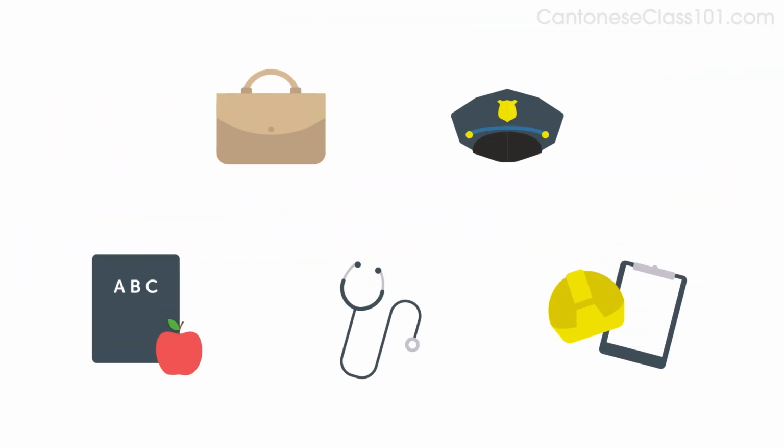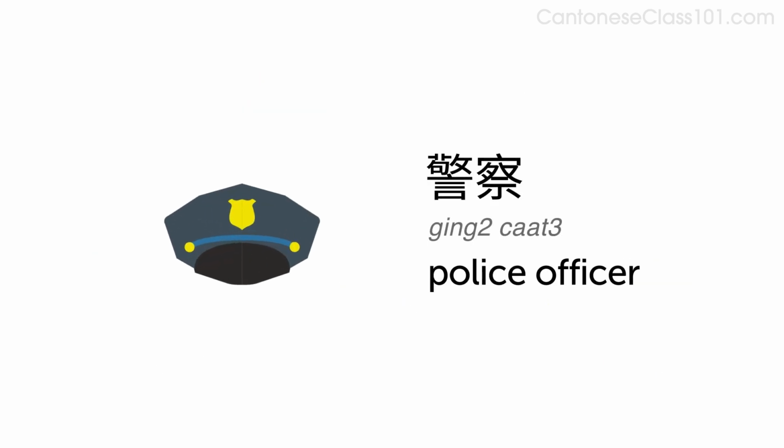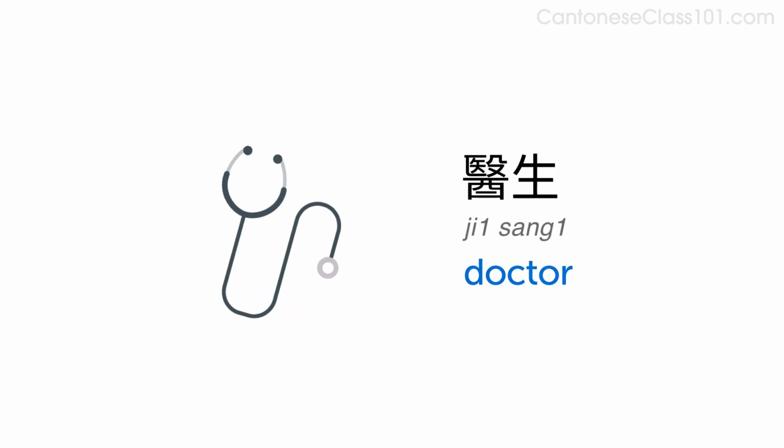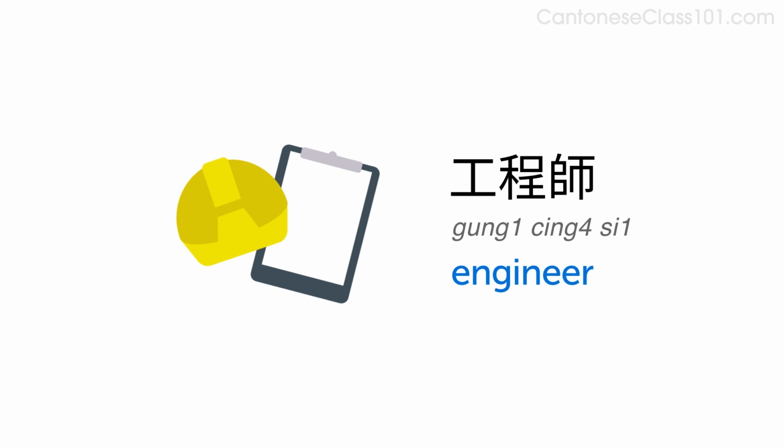Here are a few more professions you can use with the same pattern. Police officer, 警察。警察。 Teacher, 教師。教師。 Doctor, 醫生。醫生。 Engineer, 工程師。工程師。